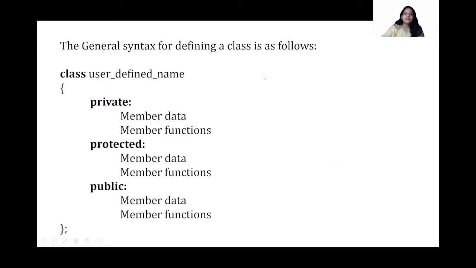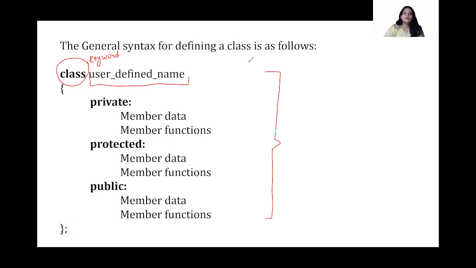Next, this is the general syntax of a class. This is important. This can be a 3 mark question where they ask you to write the general syntax of a class and explain. You are going to write this and explain each one of them, like how I'm going to do now. A class usually looks something like this, where class is my keyword. This is important. And this is the name of the class, which is given by the user. After that, the class always begins and ends with a curly bracket and a semicolon at the end.